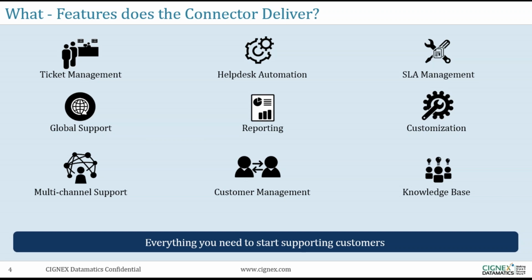Global support is nothing but a web-based application. As Salesforce is in the cloud, you can access it anytime. You don't have an issue. You just need to be connected to the internet, log into Salesforce, and see all the tickets there. Next, coming to the important part for the management and C-level, which is reporting, because that is where you all